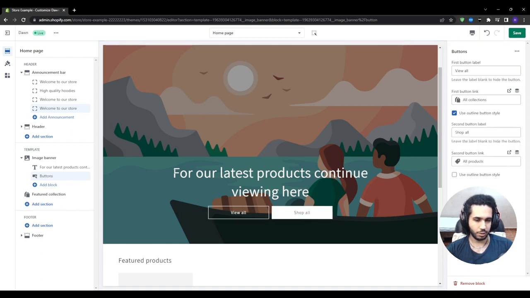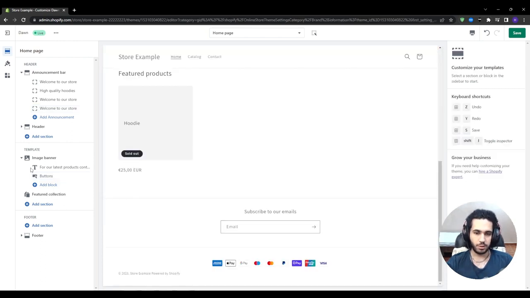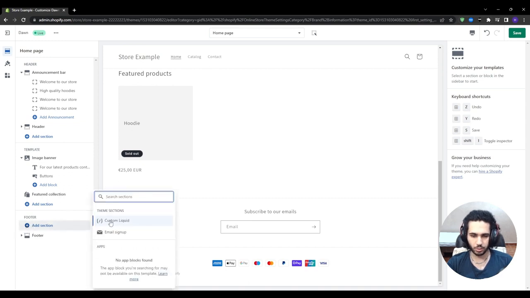And now people can either view all collections or all products based on the customization that we added here. So finally, on the footer section, you can add a bunch of other sections as well as customize your footer. If you click on add section and then go to custom liquid,